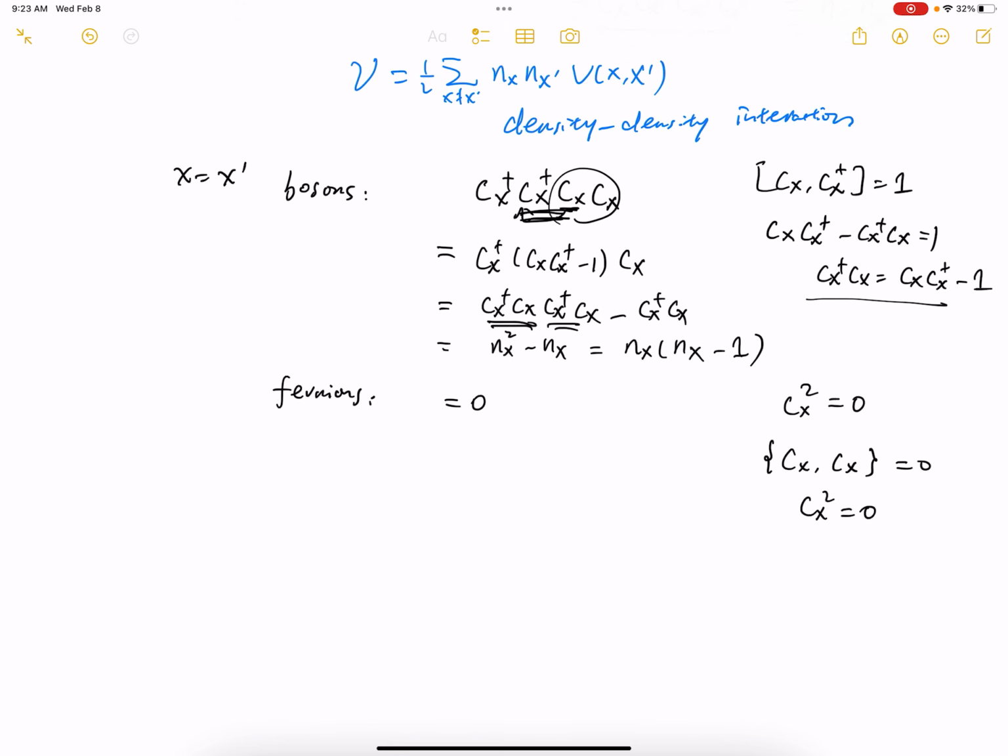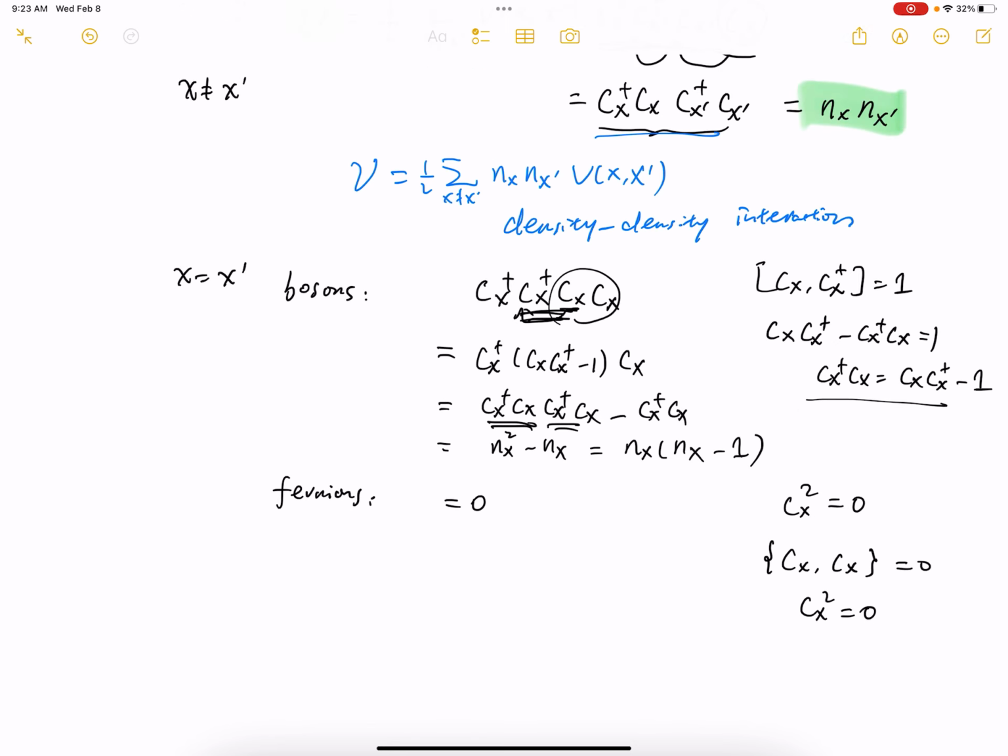Okay, so for fermions, you just cannot have two particles at the same position because of this particular form of the interaction. And for bosons, it's equal to nx minus 1. So why do we have a form like this? If you think about this, this term is actually going to be 0 if nx equals 0 or nx is equal to 1, right? But starting with nx equals 2, you can actually have